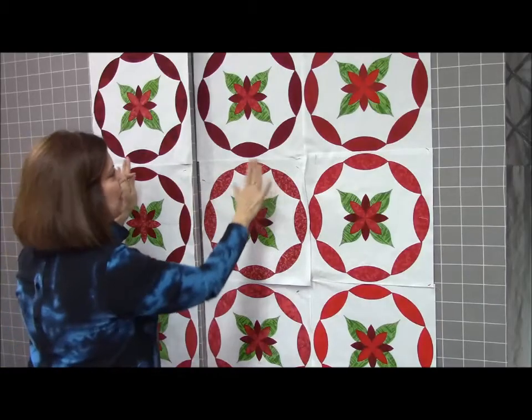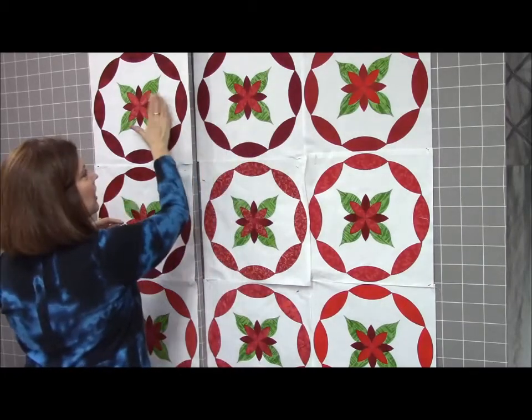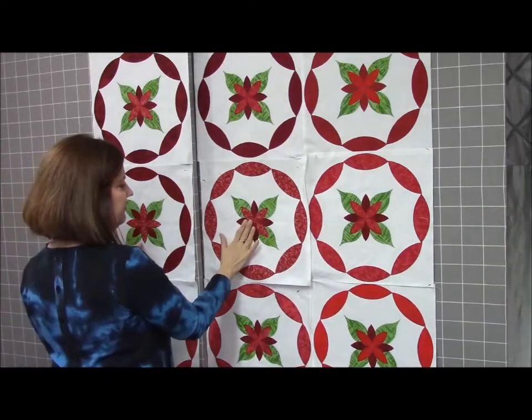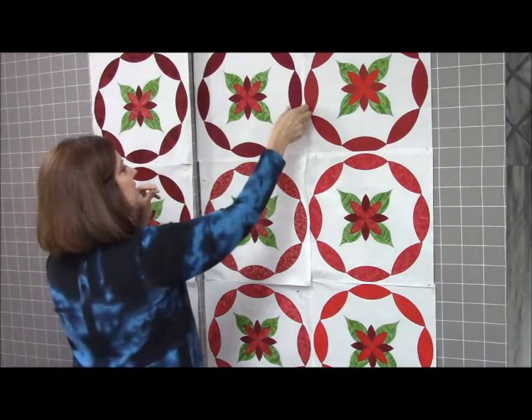The way that I put my blocks together is I'll lay them all out flat like this. And now I'm going to put block 1 to block 2. I'm going to put block 4 to block 5. And I'm going to put block 7 to block 8. So I'm going to take this one